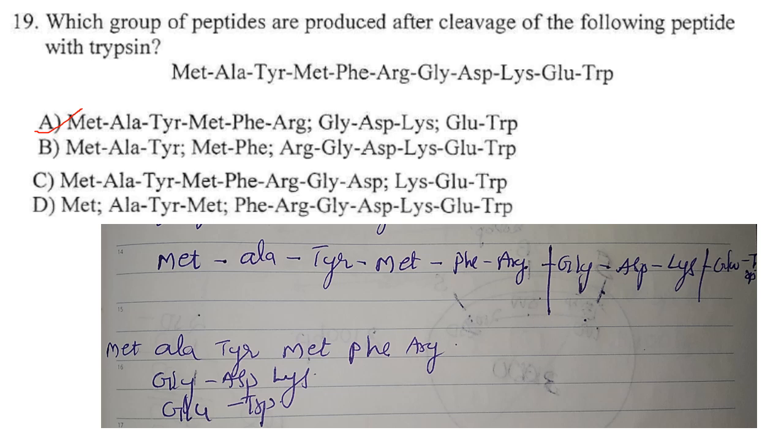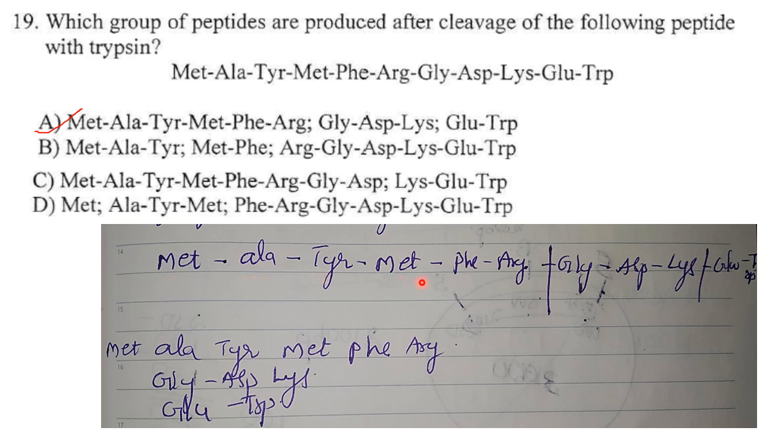Then next one. Which group of peptides are produced after cleavage of the following peptide with trypsin? Now trypsin cleaves the peptides on the C-terminal side of lysine and arginine amino acid residues. So if you see the sequence of the polypeptide that they have given, you can see arginine occurs here and lysine occurs here. So on the C-terminal side of arginine you will get a cut, and similarly for lysine you will get a cut with trypsin. So what are the fragments you get? That is